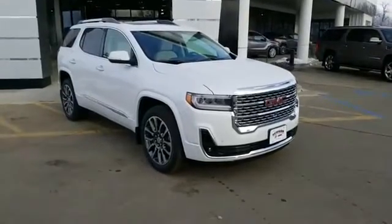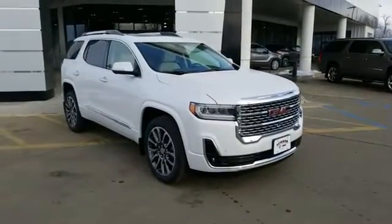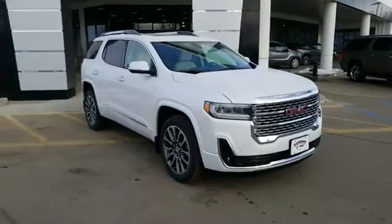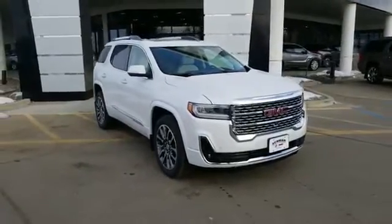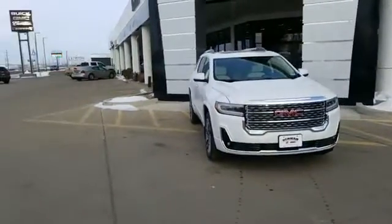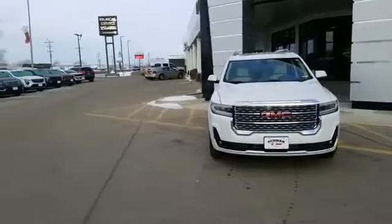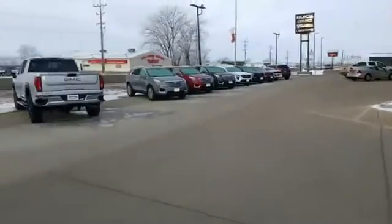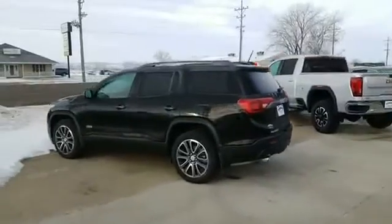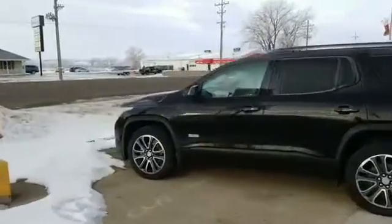It is actually in our service loaner program, so if you have a vehicle in service, you may be able to drive that one a little bit ahead of time. But this is the first of the Denali, so you can see that it got a brand new facelift. So it's right over here. I do have a 19, so we'll sneak around to the front. This is not a Denali, so keep that in mind, but you can kind of see how the hood, grille,